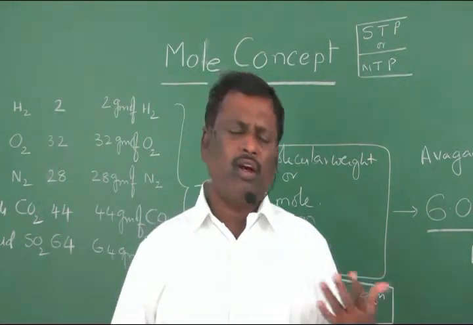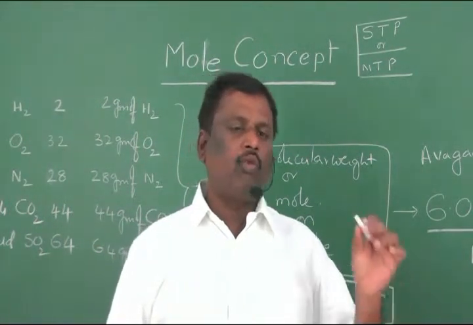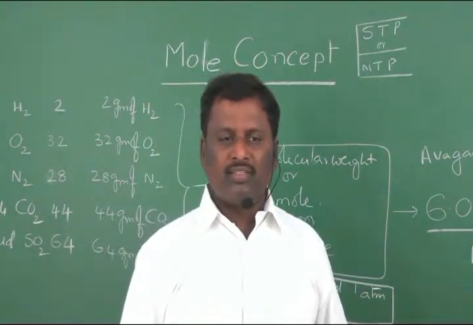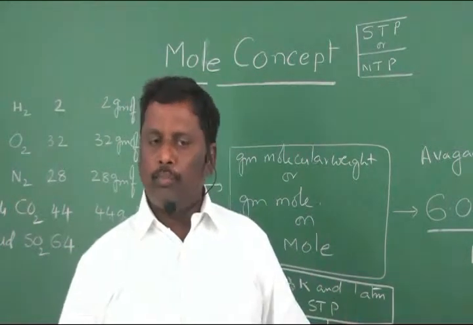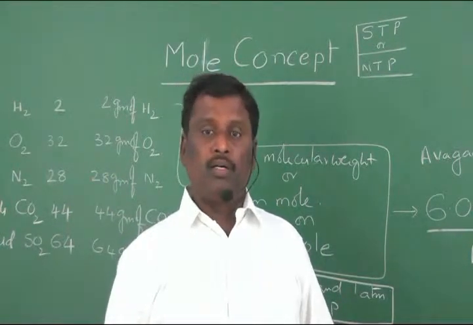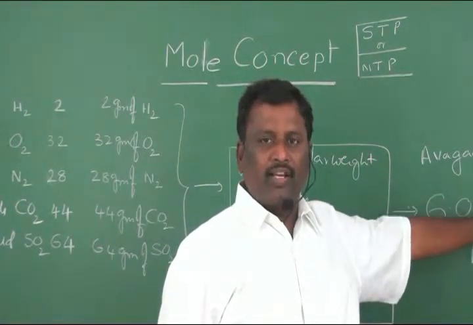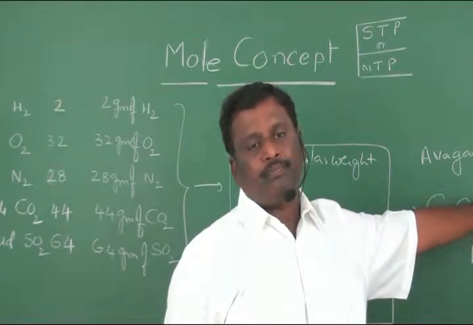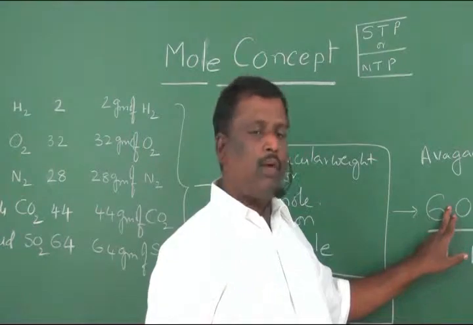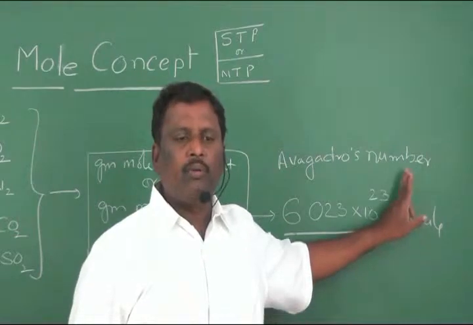If it is molecules, we call it 1 mole of molecules. If that number of chalk pieces are present, we may say 1 mole of chalk pieces. If that number of dusters are there, we can say 1 mole of dusters. If that number of books are there, we can say 1 mole of books. This is a very large number. So that's why we express it as an exponent, 10 to the power 23. If this power is not there, you have to remove this decimal and you have to keep nearly 20 zeros here. Instead of that, we are mentioning 10 to the power 23.